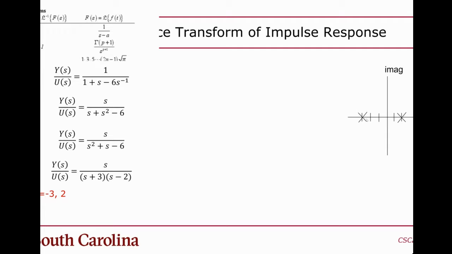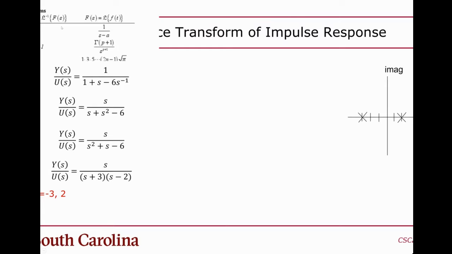So in order to make this work, you look at the table and you see that if you have 1 divided by s minus a, the inverse Laplace transform of that is e raised to the at. So the problem is that we have to get this function in this form, the 1 over s minus a, or a sum of those things, which means that we have to decompose this function into terms that